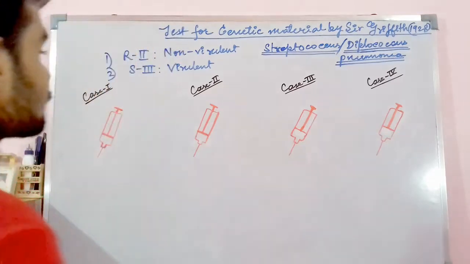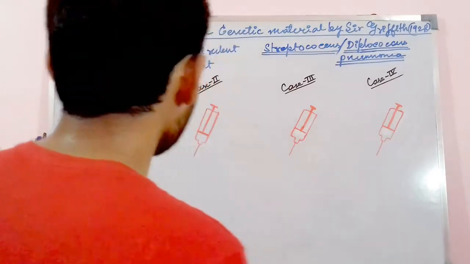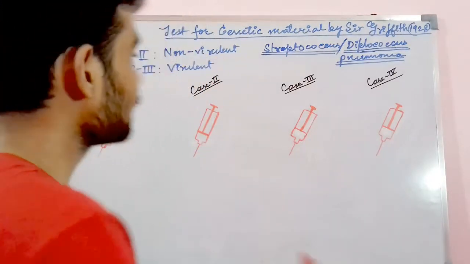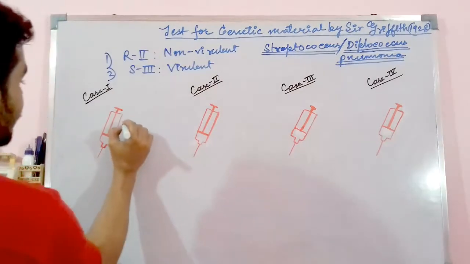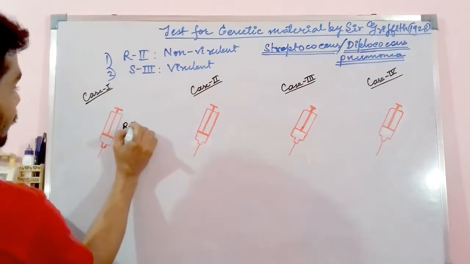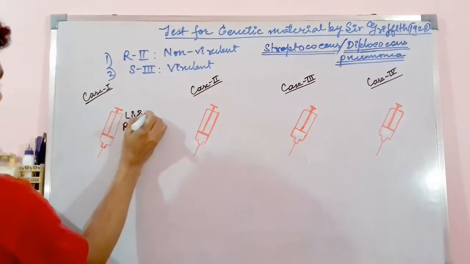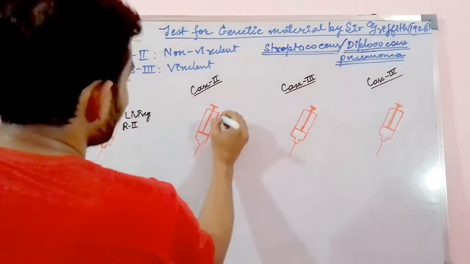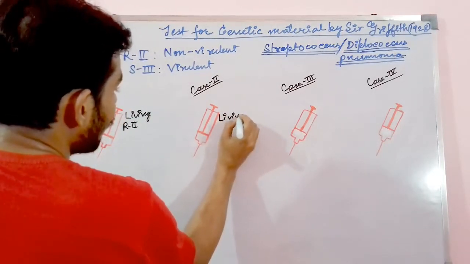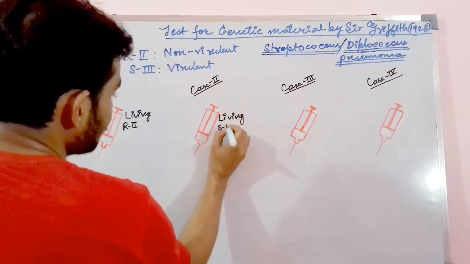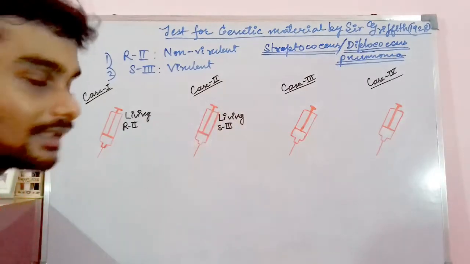Okay, so in these 4 cases, he took 4 different types of culture medium of these two bacteria. In the first one, case 1, he took only the living R2 type bacteria. Okay. In the second one, case 2, he took living S3 type bacteria, and in the third case, what he did,